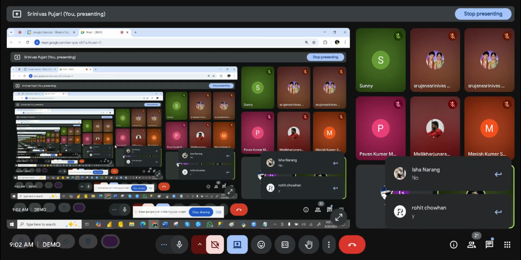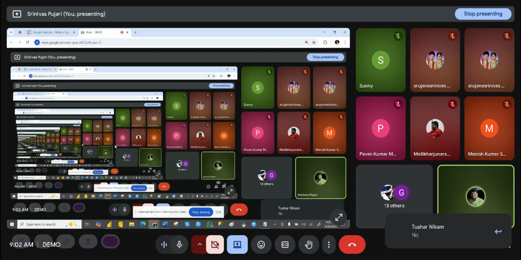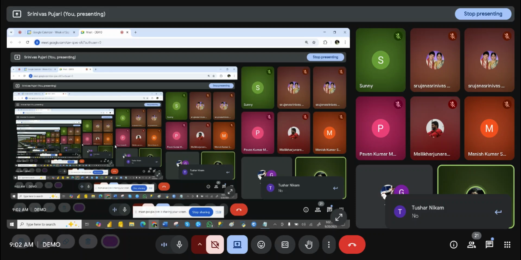This kind of energy, you have to show. No need to type the full word yes. Just type the letter y for yes, and then n. Only shortcuts will follow.